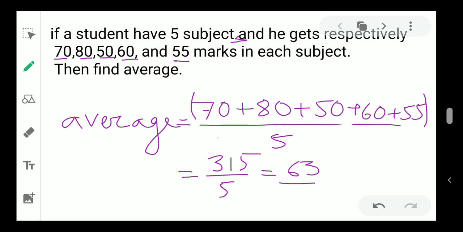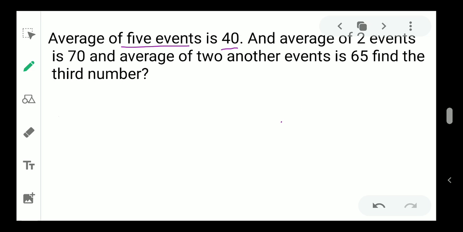Okay, moving to the next question. This question is not right. Fine. Actually it has to be 140. If it is 140, then the question is correct, otherwise the question is not correct. Fine. So how to do this question? Okay, we will come back to this question after some time, once we have done our other questions. Okay,